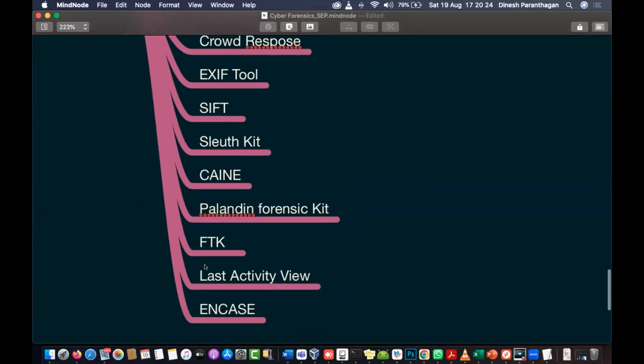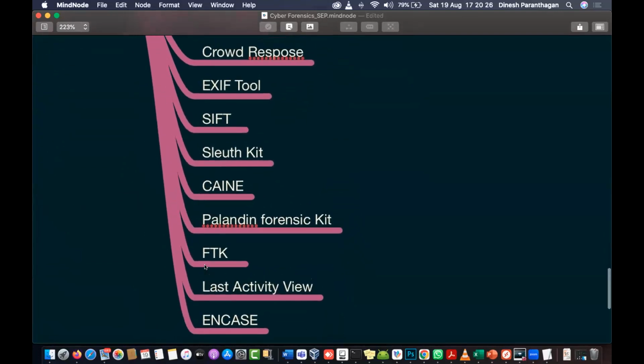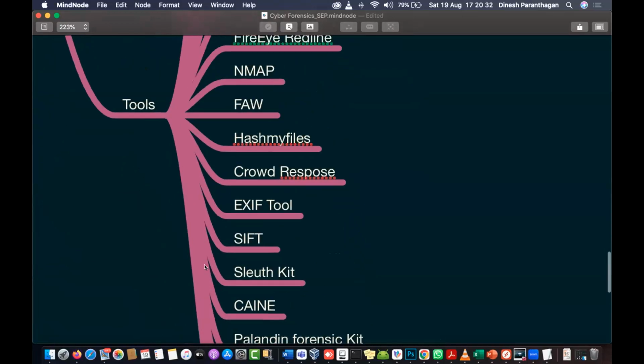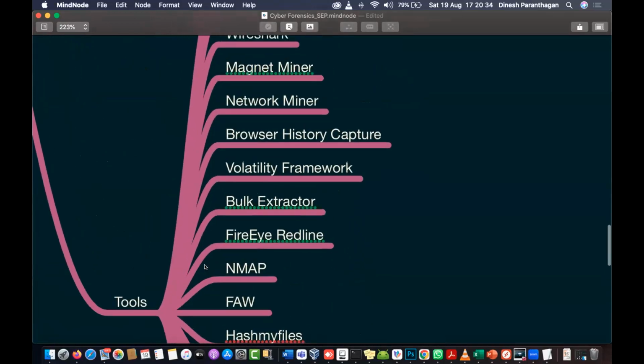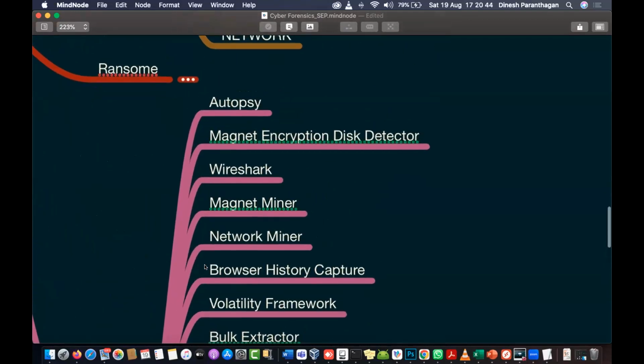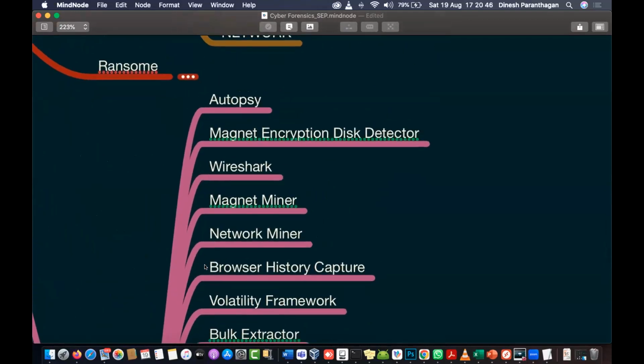And Encase is one of the best tools. One more tool is Cellebrite. There is one more tool for cyber forensics, Autopsy, and for investigating a person, you can use a tool named Maltego. That is one of the best tools you can use for investigation. Actually, I'll send you the mind map with these tools to the coordinators, and they'll share it with you.